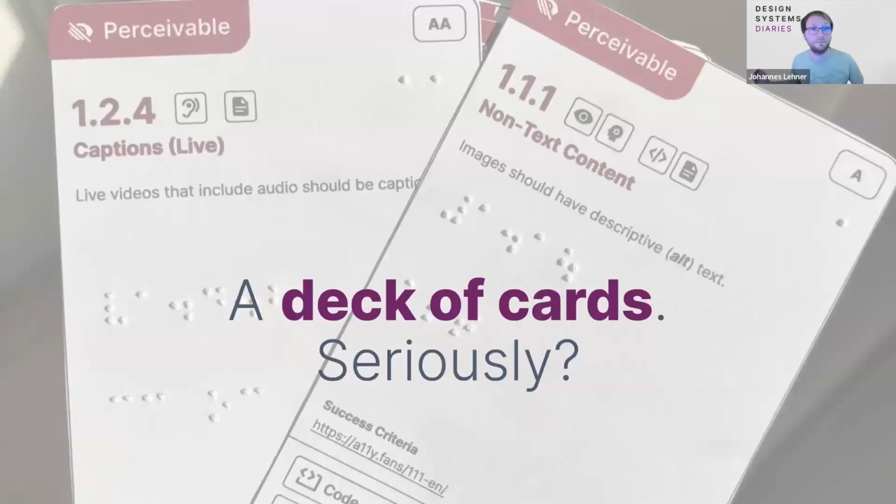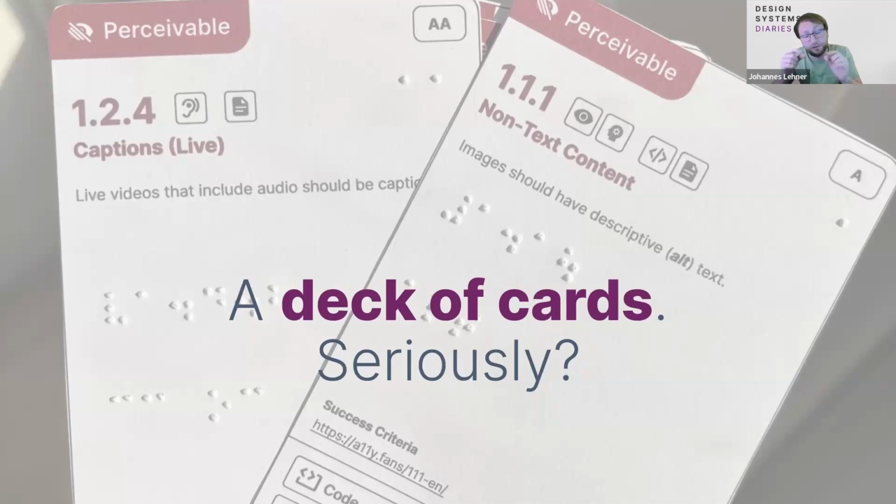So that's the reason why I came up with the card deck, kind of an approachable way to really deep dive into design systems. So really, seriously, a deck of cards. Well, it started as a Sunday afternoon project, and I tried to combine a lot of different resources that I had open in my browser tabs, like 20 up to 100 different resources, tools, color checkers, and other things.